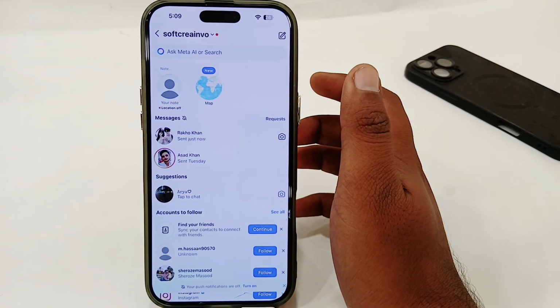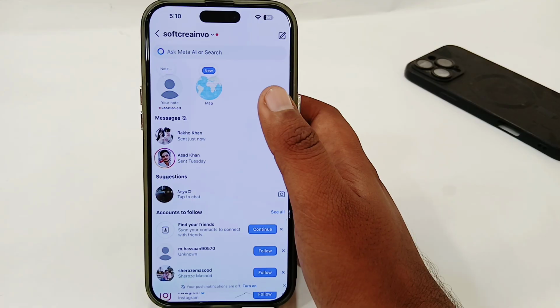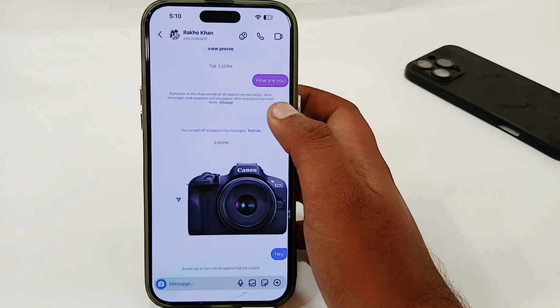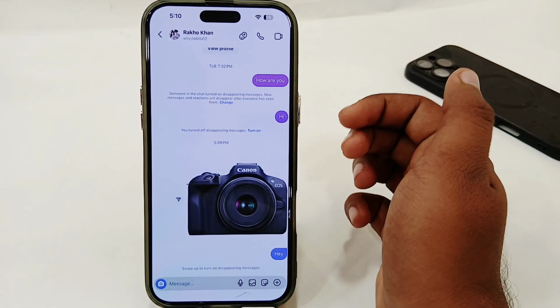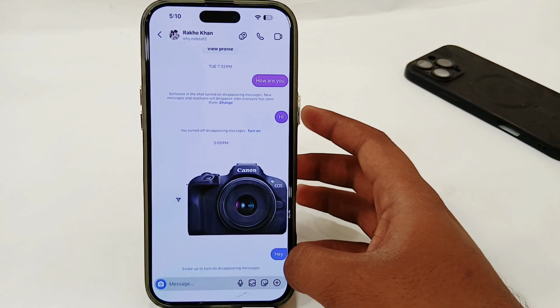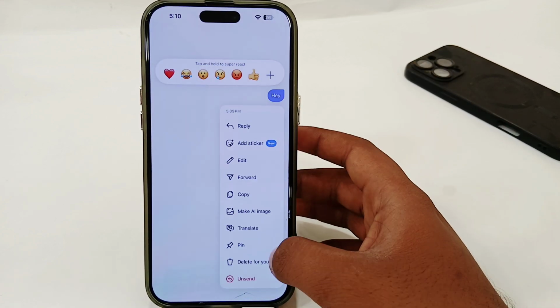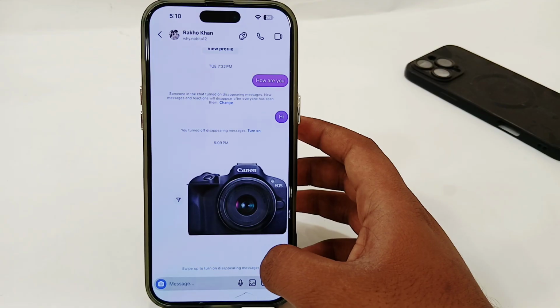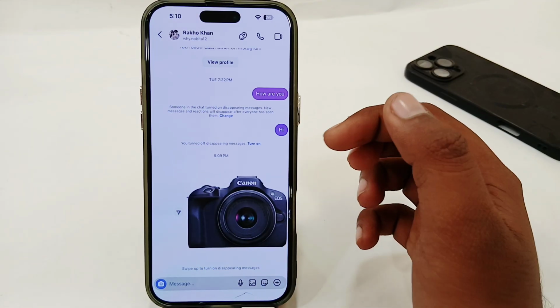Then select the person or the chat in which you want to see the message. Once you have selected, you just have to look for the message which you want to delete from both sides. For example, I'm going to delete this one. Simply keep a long press on that message, then tap on the unsend option, and the message will be successfully deleted